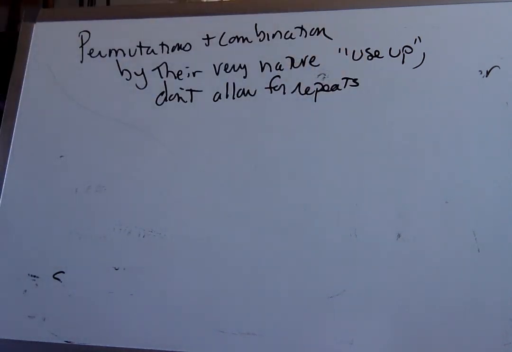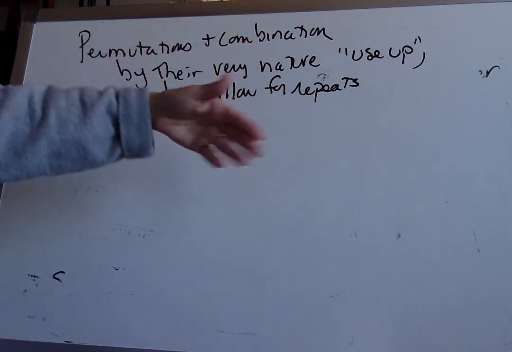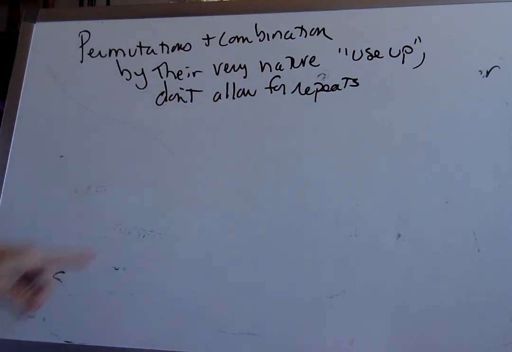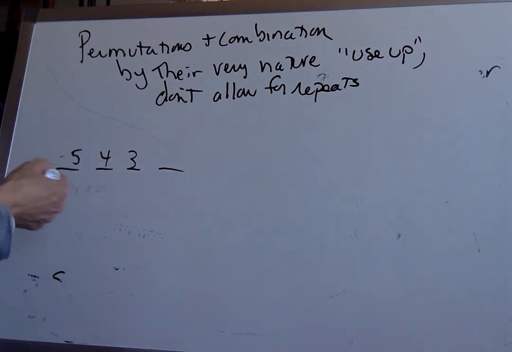I remember a year ago I had students getting confused on this. Permutations and combinations, they're two very different things. But what they do have in common, by their very nature, is they use things up, meaning they don't allow for repeats. Like even if I'm putting frames on a wall, 5 times 4 times 3, I can't put the same frame on the wall